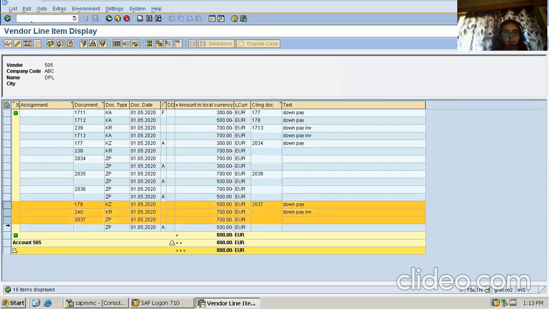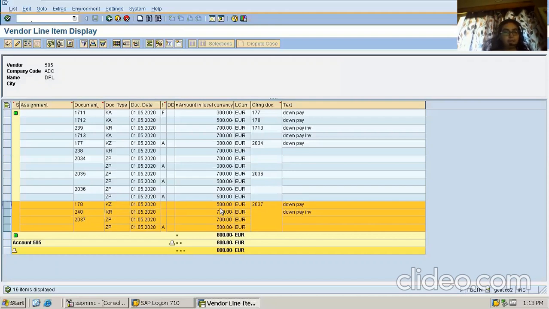So absolutely fine. Initially the KZ, I mean the vendor down payment amount 500, was appearing as a red one. That means it was open. Document number 240 with the KR type with 700 amount was open as well.